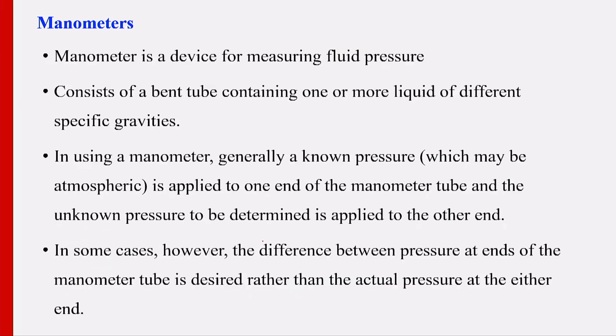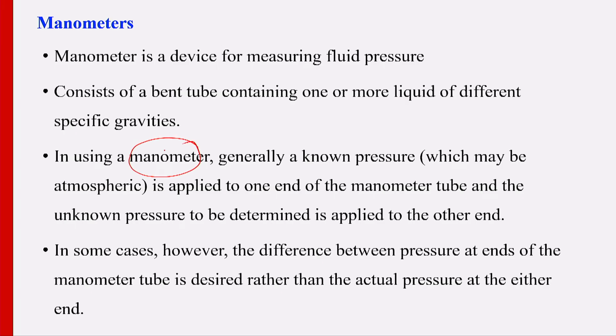The best example I already discussed is a manometer. The manometer is a device for measuring fluid pressure. It is like a bent tube, a U-tube, whatever. The tube contains a bend, so it is called a bent tube. It has fluids of different specific gravity. So, using the manometer